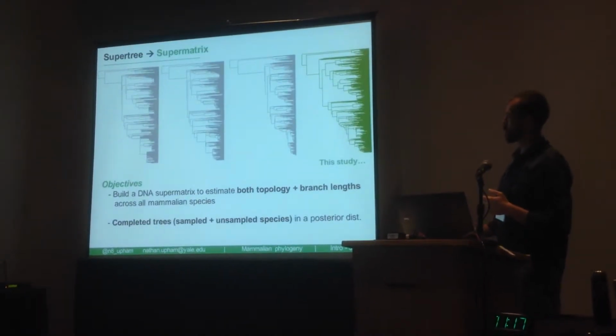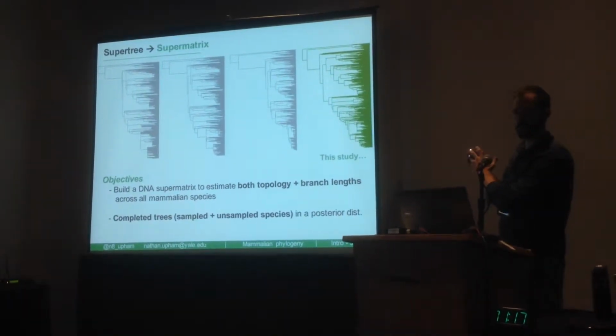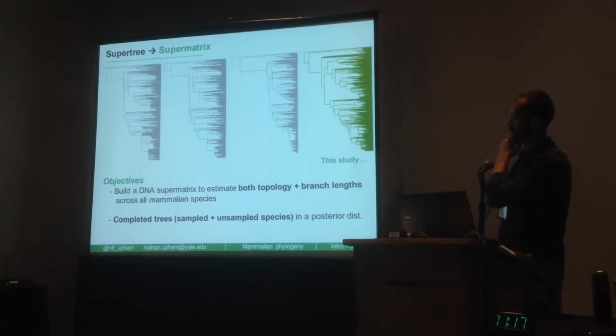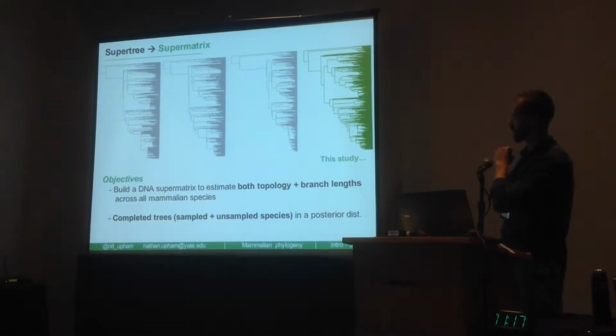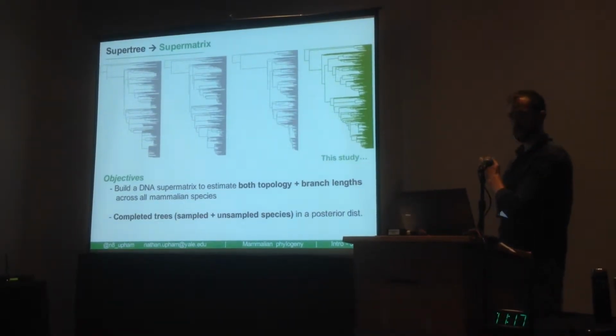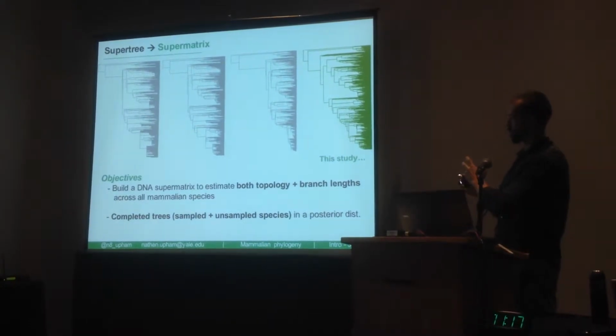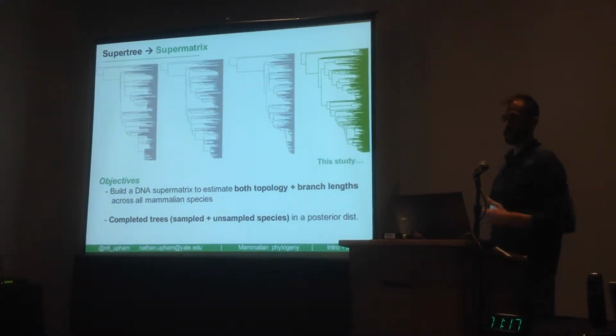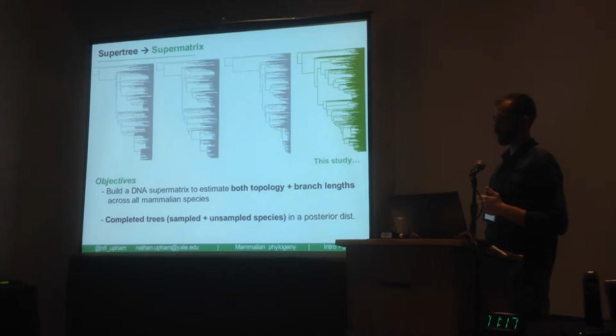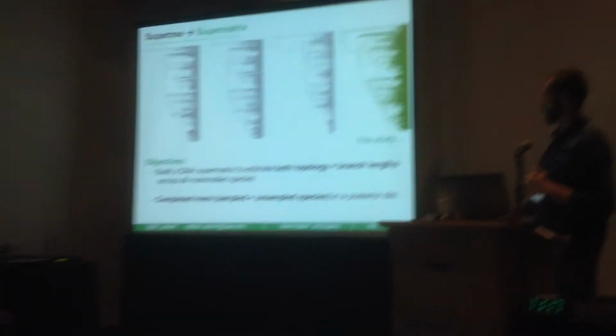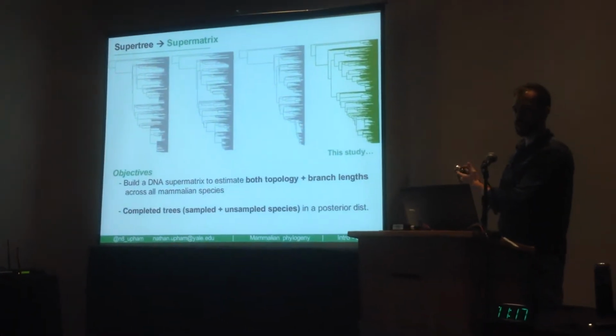So really what we want to do is move past this super tree approach for mammals and build a large DNA supermatrix. So that's what I set out to do here, really with the goal of having more accurate branch lengths for looking at questions of tempo and mode in this group, and to really do so across a posterior